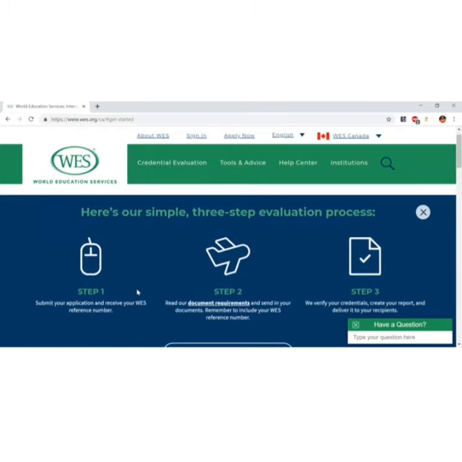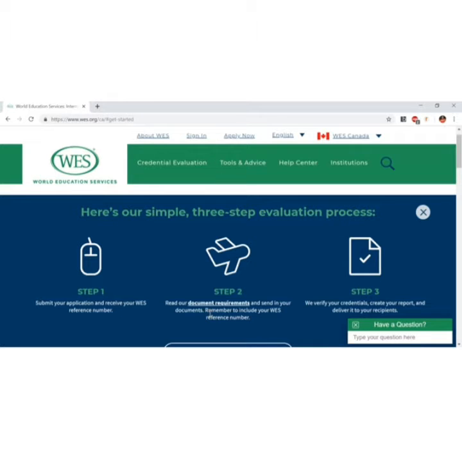On a high level, these are the three simple steps of the evaluation process. Step one: you create an account, submit your application, make your payment, and WES will give you a reference number. With that reference number, you see the document requirements, because based on the kind of degree you did, the documents required might change.